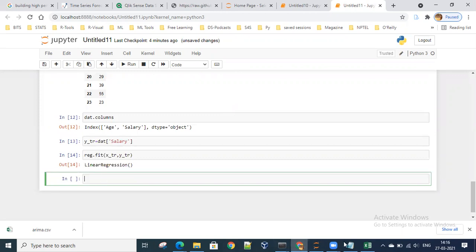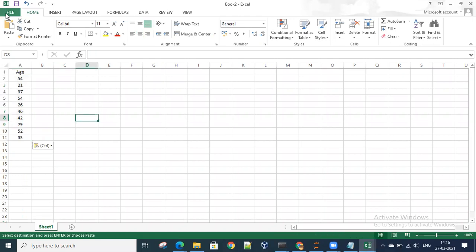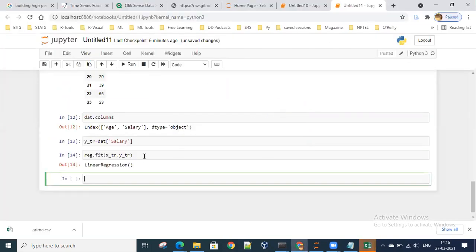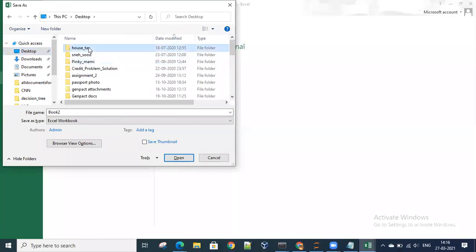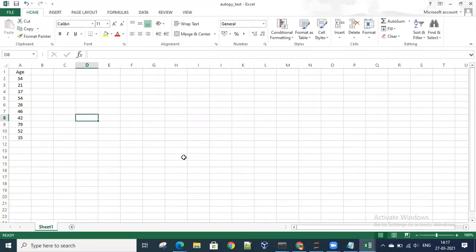And at this point of time, I'll make a new data here. I'll make it autopy test.